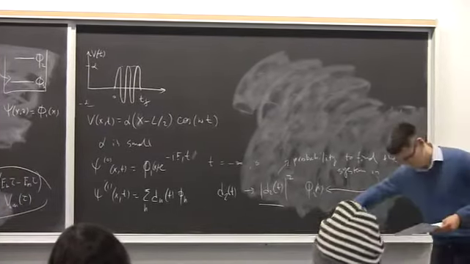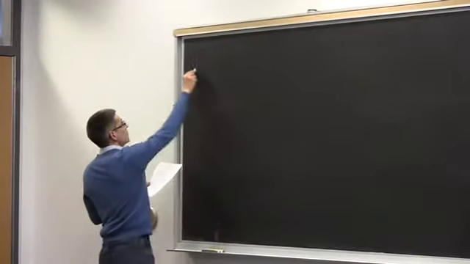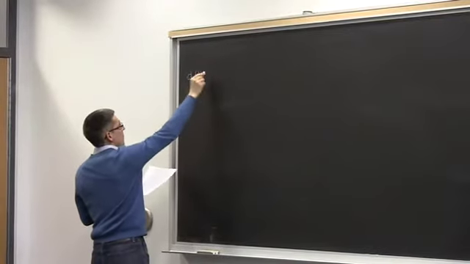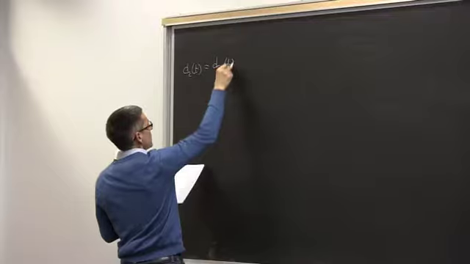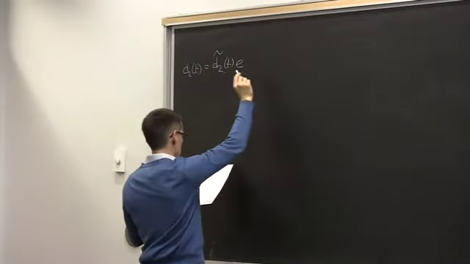Okay, and we can now write down D2(t) as D2 tilde exponent